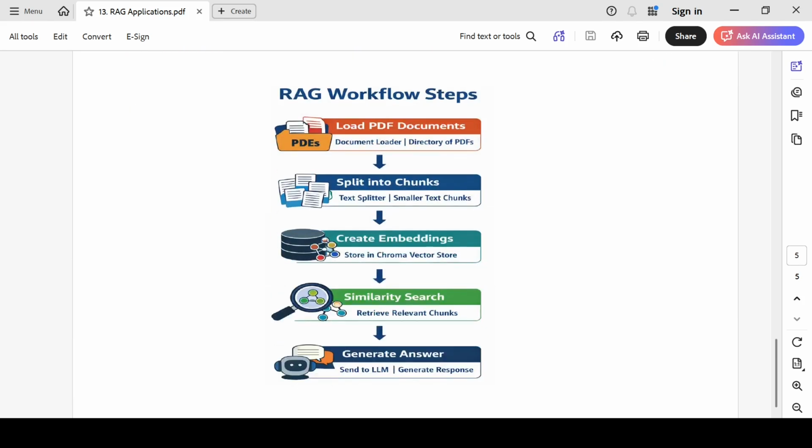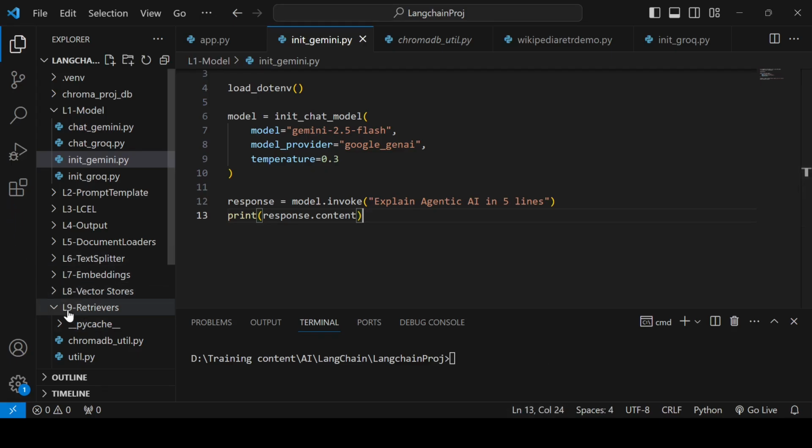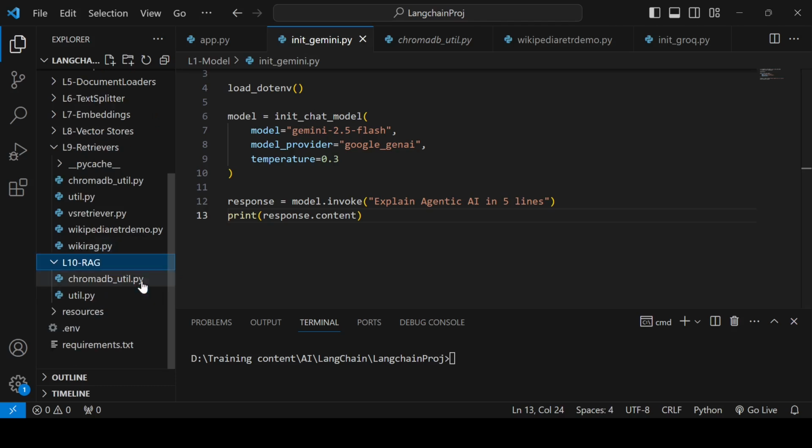This flow is also shown as an image here. The first step is to load PDF documents, then you split them into chunks, then you create embeddings, then you do a similarity search, and then you generate the answer. So these are the 5 steps you have to take. All right. So to create it, the first 2 things we have already done. I created a new folder,